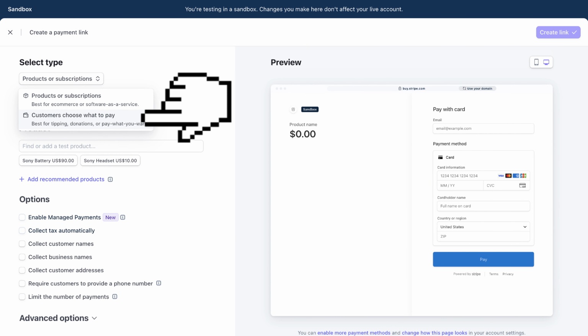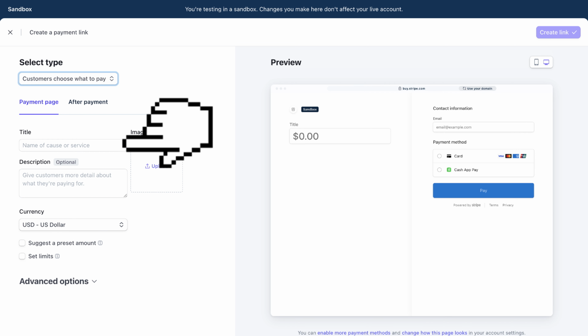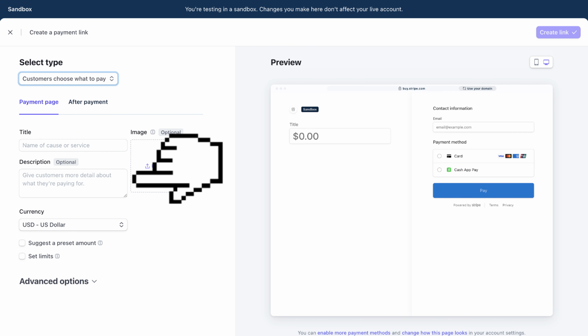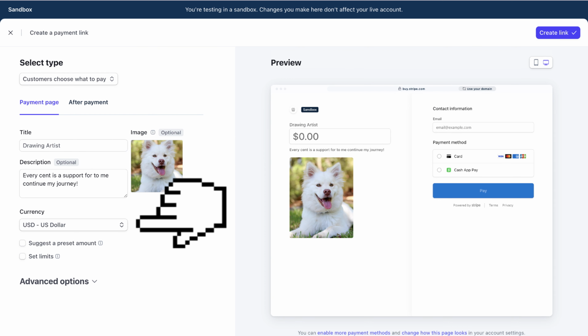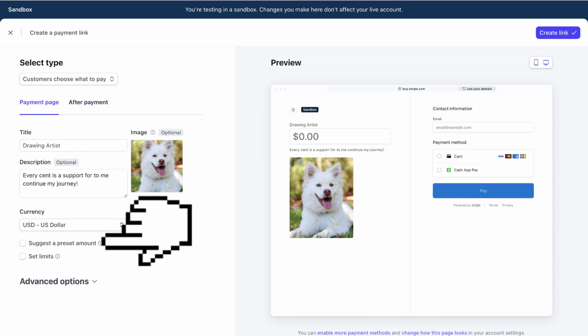to pay option. After that, give a title and description for what you did about your donations. You may also click on the upload button right here to add the logo or any image. And you may also change the currencies to your liking and set up a suggestion for donation by doing a